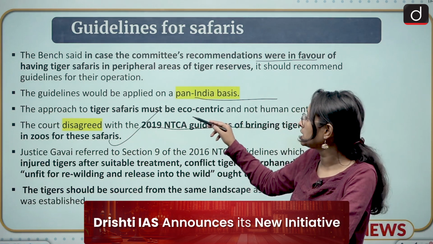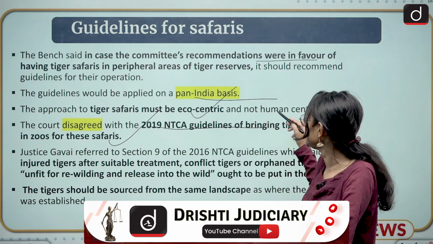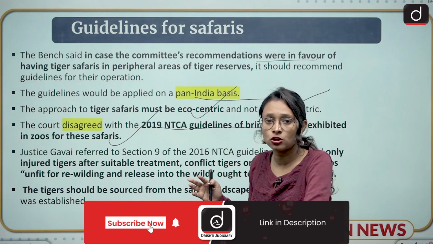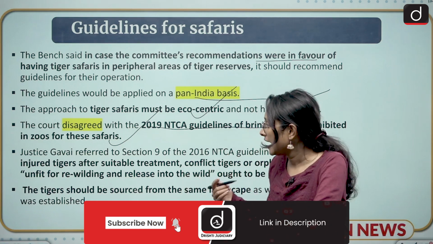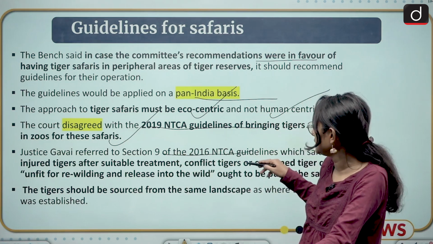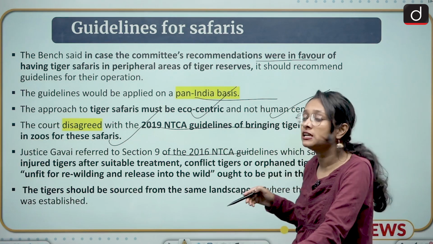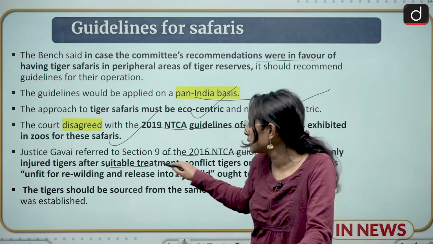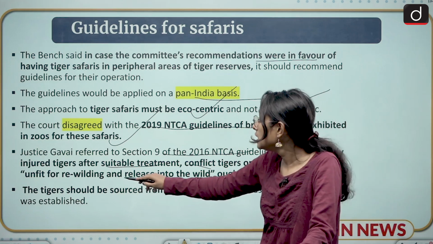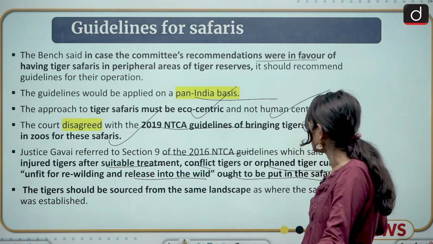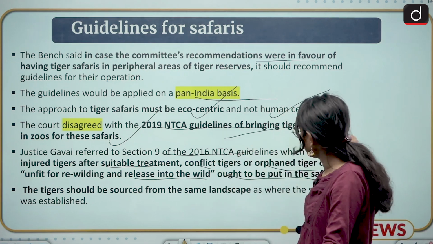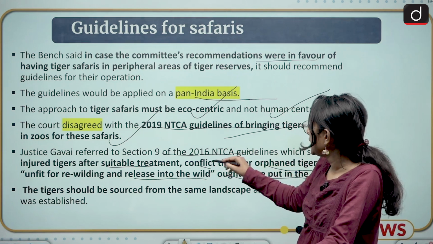And the tiger safari must be eco-centric, not human-centric. So there should be a focus on ecology and environment, not on the humans' greed. And Justice Gavai also referred to section 9 of the 2016 NTCA guidelines, which said that only injured tigers after suitable treatment, conflict tigers or orphan tiger cubs unfit for rebuilding and release into the wild ought to be put in the safari. So these are the guidelines by the NTCA,